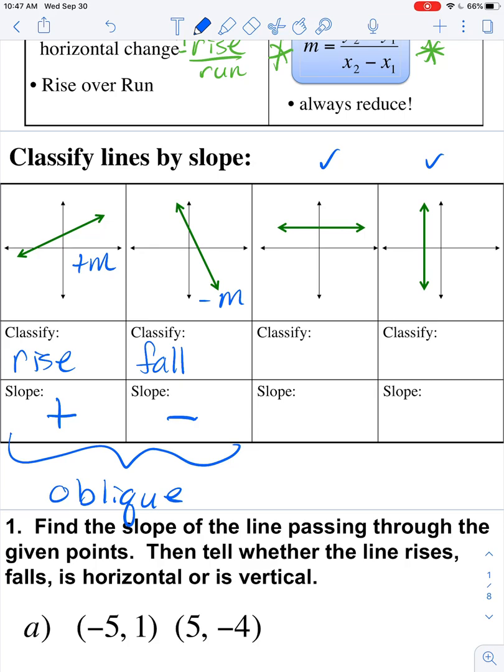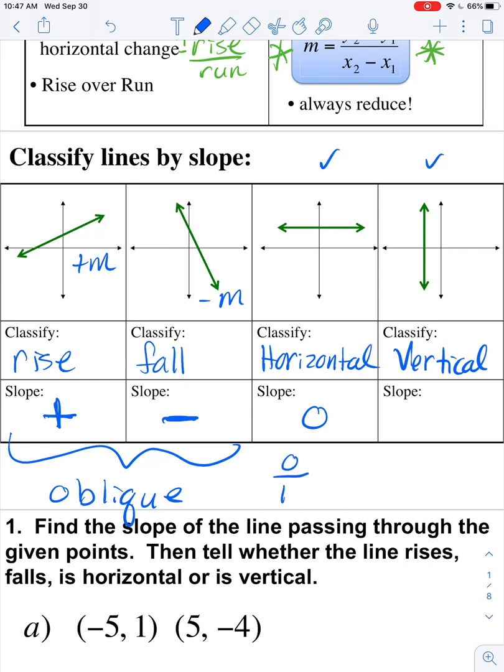Okay, so here this is going to have a positive slope. This is going to have a negative slope. This is going to be classified as horizontal. And so when you are asked to classify, it's asking you what type of a line. Does it rise, fall? Is it horizontal? Or is it vertical? So I think of slope like your roof. Your roof can slope up and be positive. It can slope down and be negative, or it can be a flat roof and have a slope of